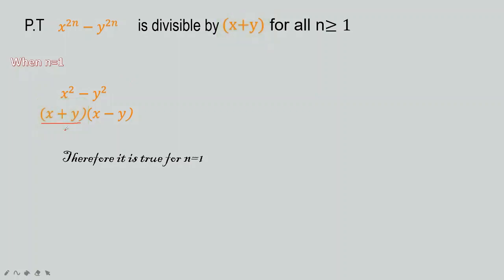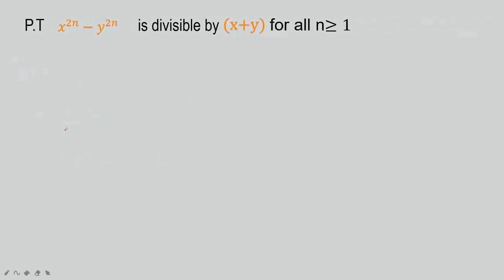Okay, the next step, assume that it is true for n is equal to k. So our expression, substitute n is equal to k. So we are going to assume that it is true. What is true? That this thing is divisible by x plus y. So it is equal to x plus y into something. That's something we don't know. So I'll call it m, where m is again another natural number. That also you should write when you write the answer. Or m is greater than or equal to 1. You can write anything, whichever you want.